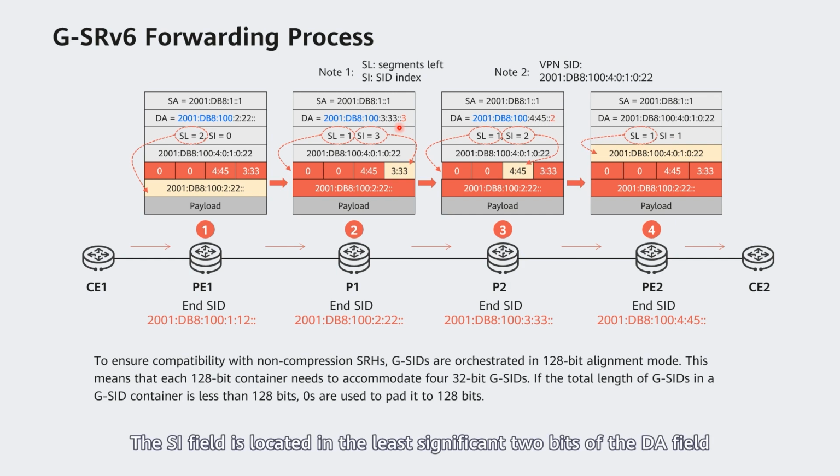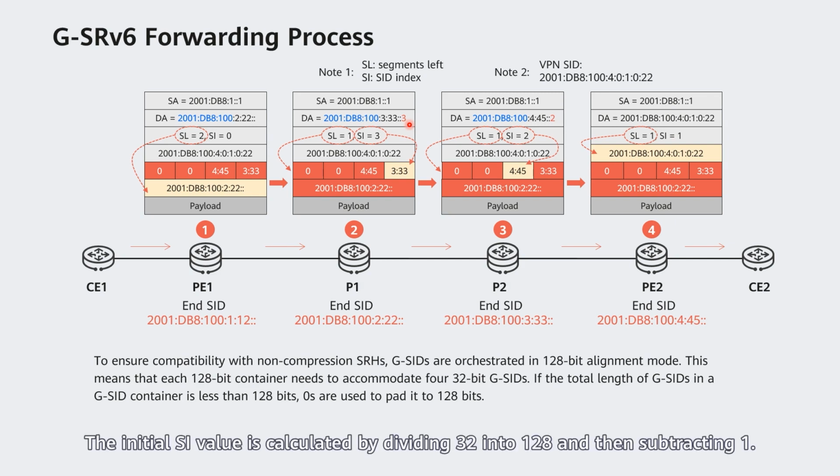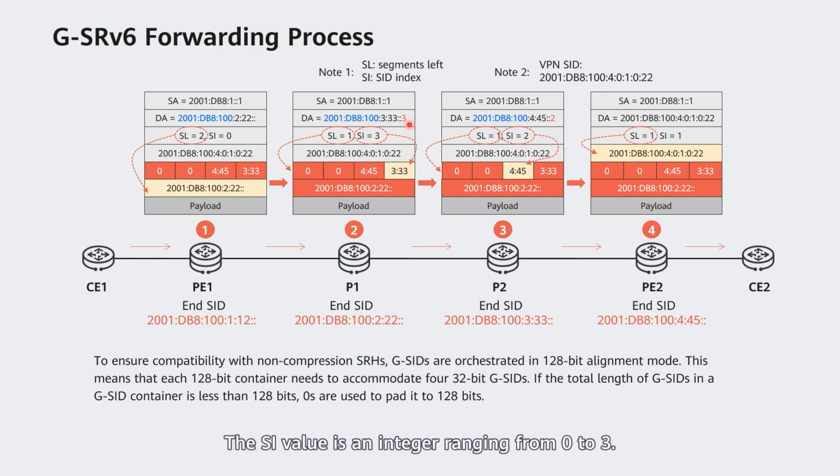The SI field is located in the least significant 2 bits of the DA field to identify the position of a GSID in the GSID container. The initial SI value is calculated by dividing 128 by 32, and then subtracting 1. The SI value is an integer ranging from 0 to 3. When P2 receives the packet, the SI value is